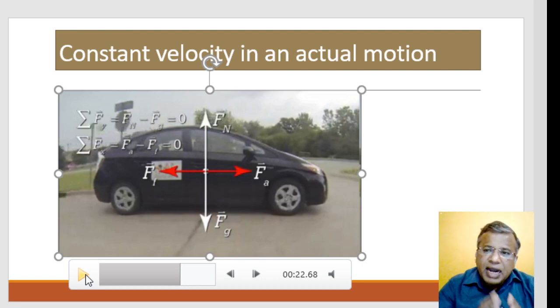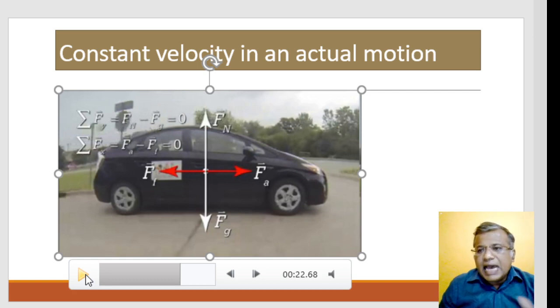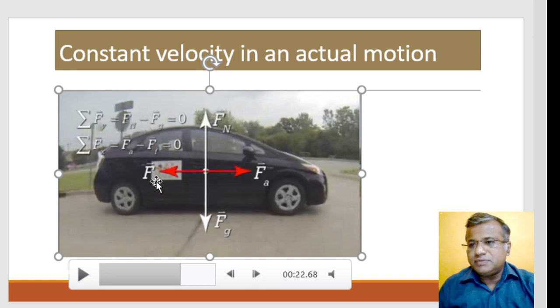Okay, so if a car is going with constant velocity, say you are driving a car at 60 km per hour, then what is happening in that situation is you are only applying the force which is overcoming the frictional force between the tires and the surface, right? If you don't apply this force, then there will always be a frictional force and the vehicle is just going to stop. The frictional force acts opposite to the direction of motion, the vehicle will stop. Okay, because you are applying a force, and if your applied force is almost equal to the frictional force, at that time what happens? You can basically maintain the velocity.